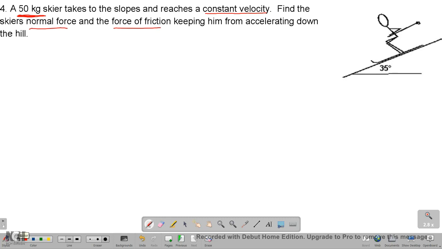So once again, we've got an incline problem. So we need to show that with our force diagram. Draw your dotted line, which represents the x-axis, and then perpendicular to that is our y-axis. We know that Fg points straight down, always,